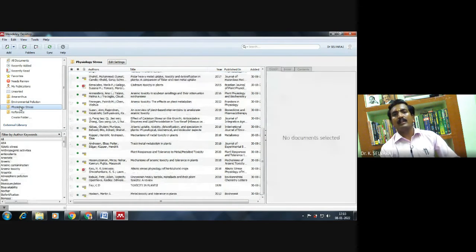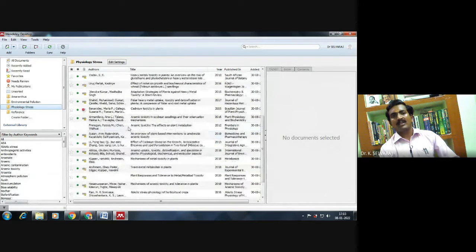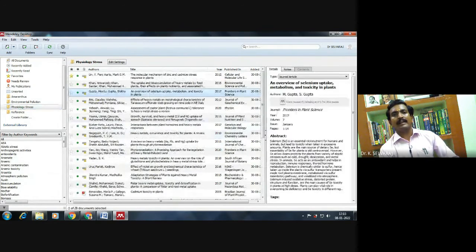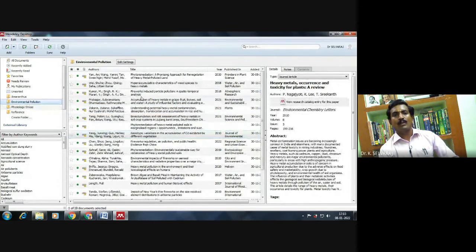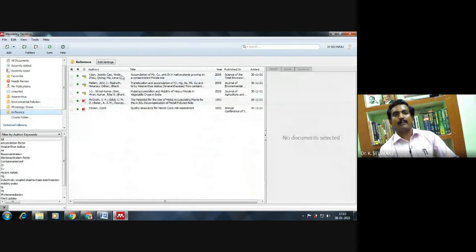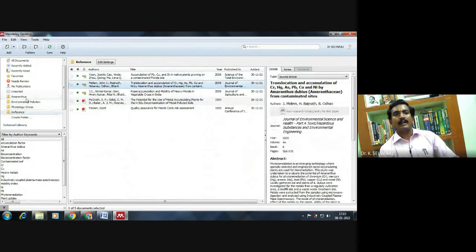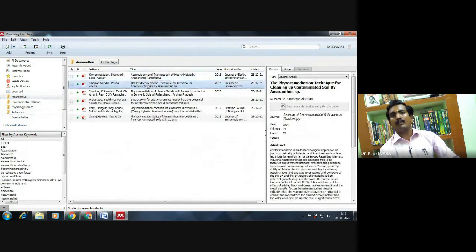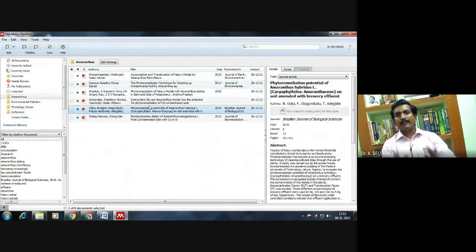In each folder, I stored some articles that I referred to. In environmental pollution there are so many articles I saved, and in Amaranthus I saved a few articles. Okay, that is the first step.